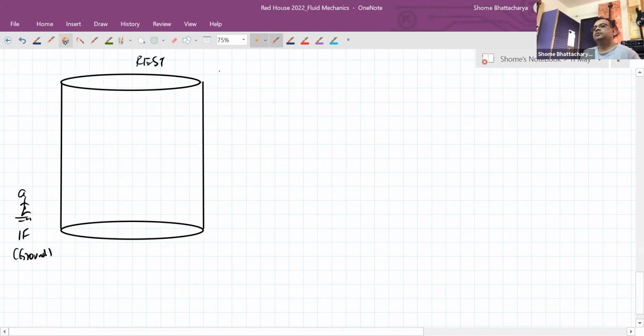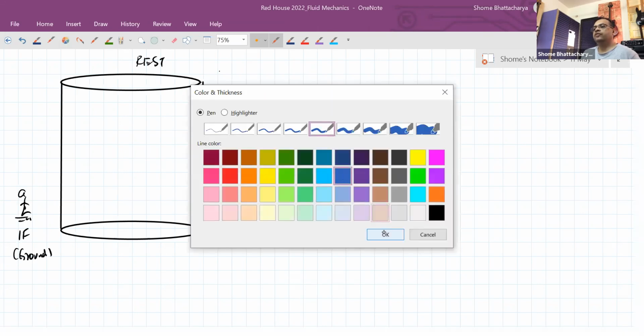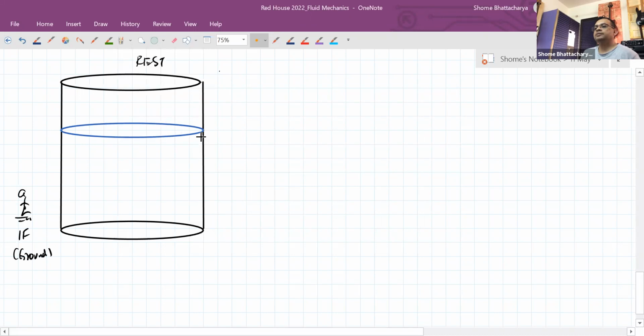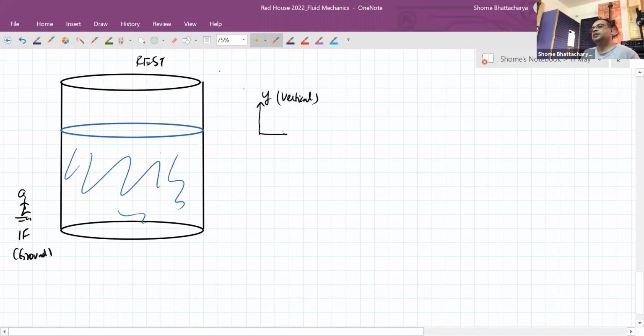So you know that if I keep some fluid in it, its surface will look flat. And the reason why its surface will be flat in equilibrium will be because the pressure varies only with depth. It does not vary with anything else. However, we are going to prove that and derive that mathematically over here. So what I'm going to do now is set up my system of axes such that the y-axis is the vertical axis, and the xz plane is the horizontal plane.